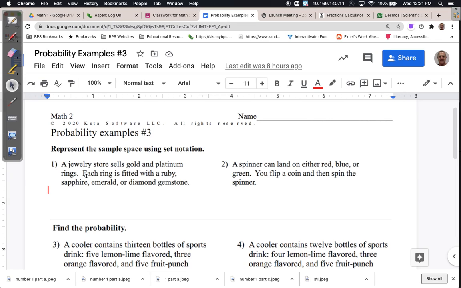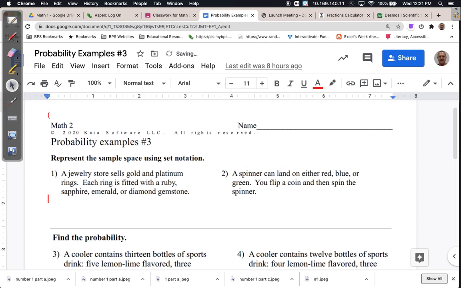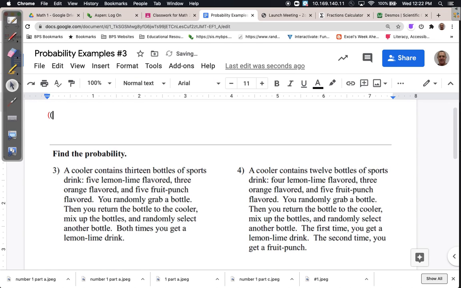All right? And it's going to look like this. I could pick, there's 2 types of metal for the ring and 4 types of stones for the stone. So I could hold on. What am I doing? I could buy